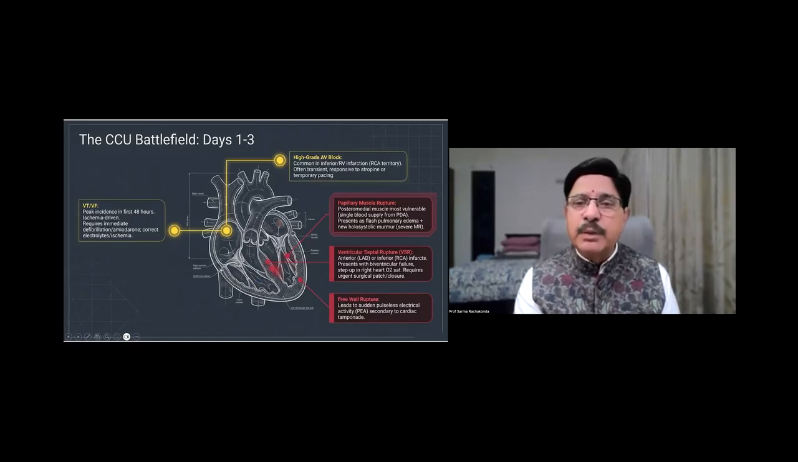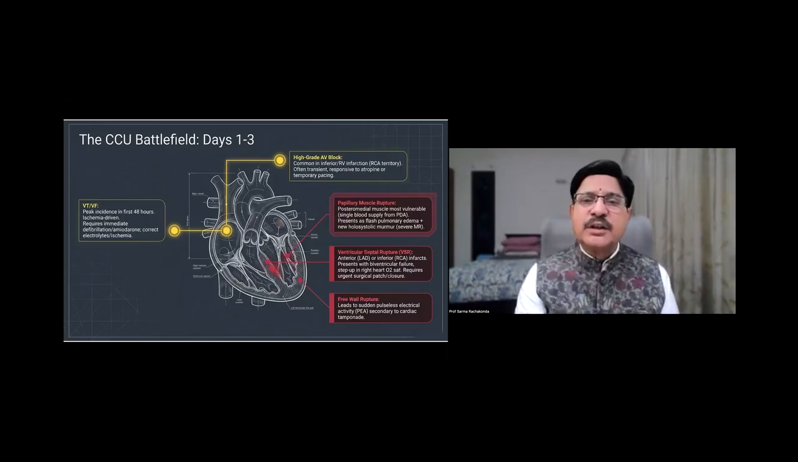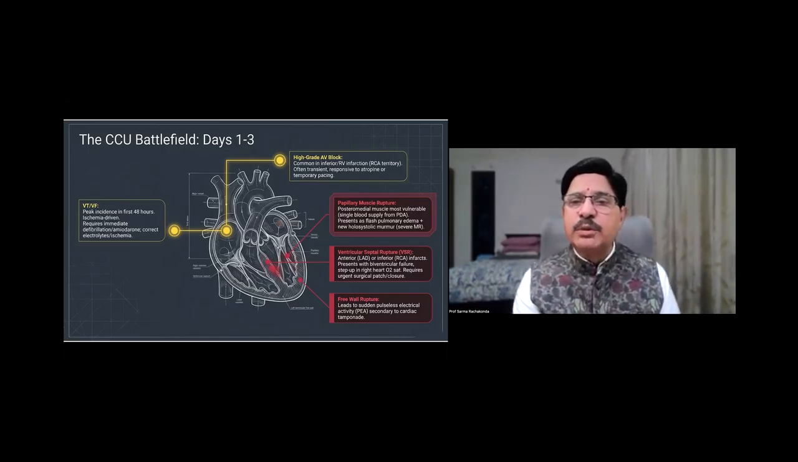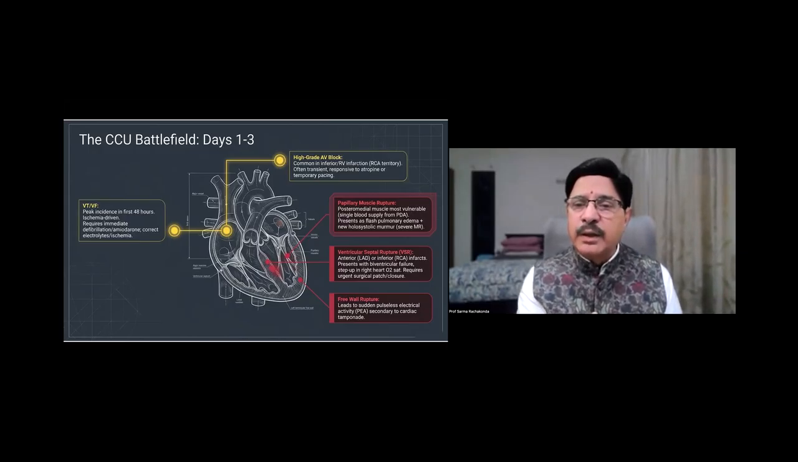Now, there is a papillary muscle tear or rupture, there is a septal rupture, there is a free wall rupture. These are emergencies. These are mechanical complications. These are not electrical complications. The posteromedial papillary muscle is most vulnerable, with a single blood supply from the PDA. Presence of flash pulmonary edema, new holosystolic murmur, severe MR at the apex: papillary muscle rupture. Ventricular septal defect, LAD or inferior infarct: patient presents with biventricular failure, a step-up in right heart oxygen saturation, a holosystolic murmur along the sternal border, new onset murmur, requires urgent surgical patch